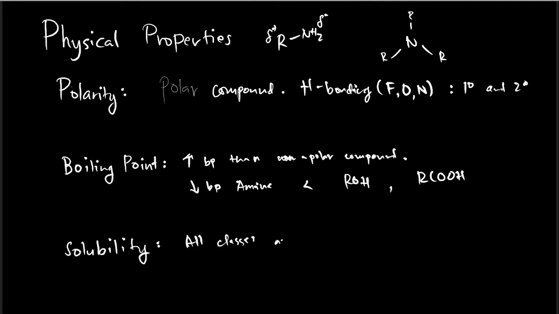Mapa-primary man yan, secondary or tertiary man yung ating amines, they are actually soluble in water wherein we will have a borderline solubility up to 6 carbon atoms. Ibig sabihin amines or those amines na merong R group na ang carbon atoms natin is greater than 6, medyo hindi na sila soluble sa ating water. Okay? So those are some of the notable properties of our amines.